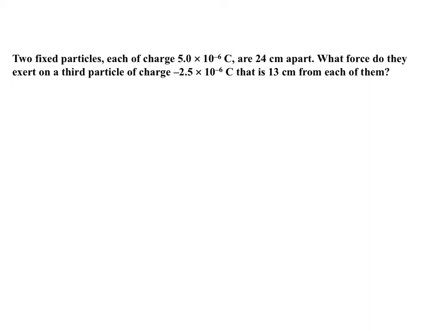2 fixed particles, 5 microcoulombs, 24 centimeters apart. What force do they exert on a third particle that has minus 2.5 microcoulombs? That's 13 centimeters. Well, first off the bat, they give you centimeters on purpose so that you have to convert it to meters. So this would be 0.24 meters, and this would be 0.13 meters. You should, otherwise you'll be off by a factor of 100 in your computations,